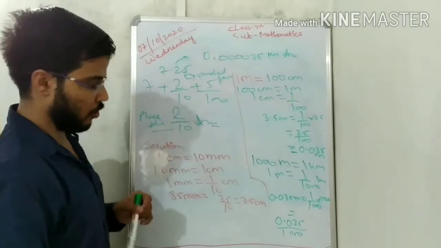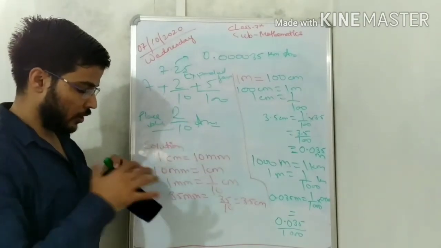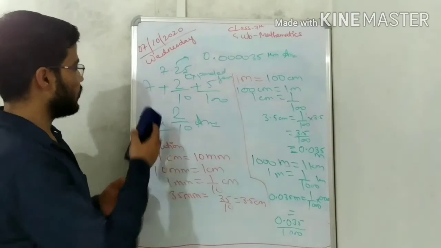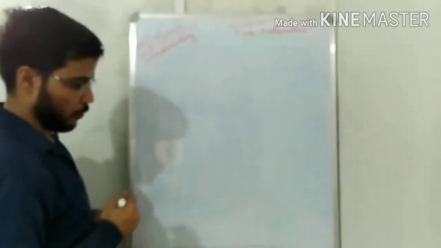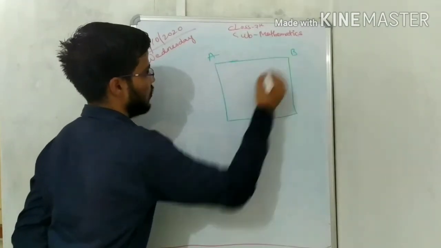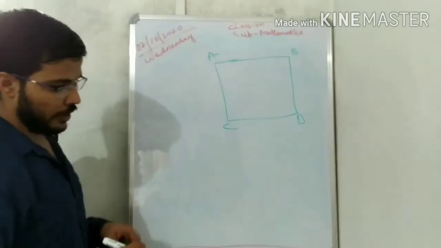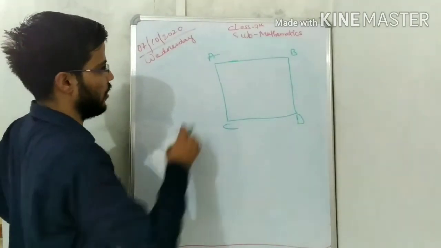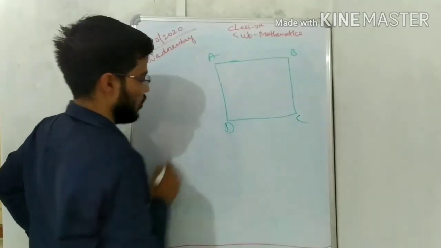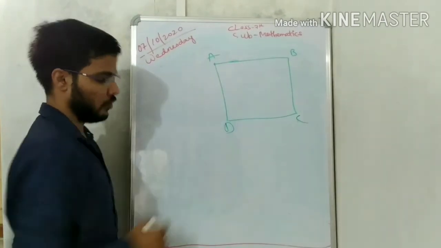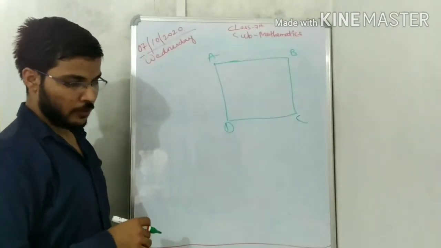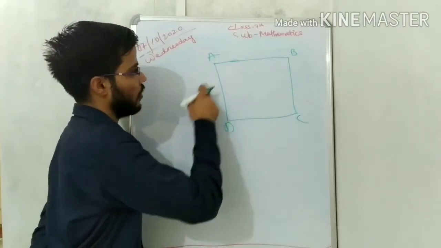Sorry, 4 and 5. Now here are some word problems which you will read and you are able to do. So I will not write the question, I will write the solution. A person called Dinesh covers the distance from A to B and B to C, and a person called Ayub covers the distance from A to D and D to C. See, here is the figure, and the distance of each side is given: from A to B, what is the distance? B to C, what is the distance? And C to D, what is the distance? And D to A, what is the distance? So we have to find who traveled more and by how much. For that, we will add all the distances separately and then check who traveled more. In order to find how much more, we will subtract.